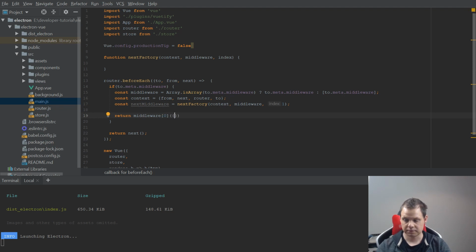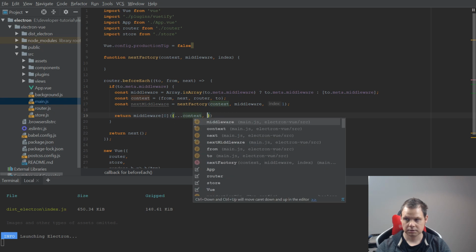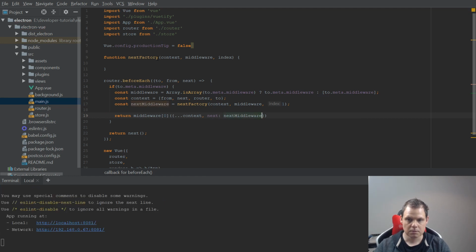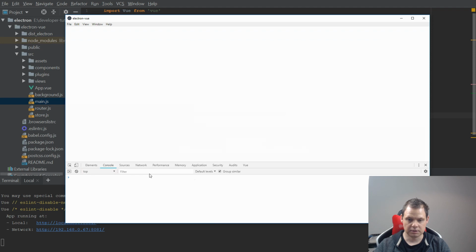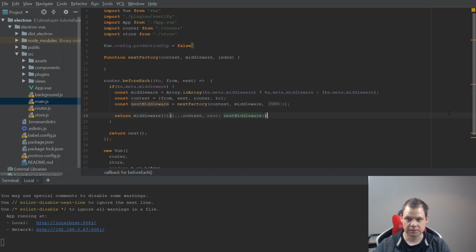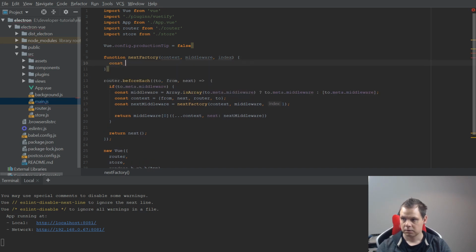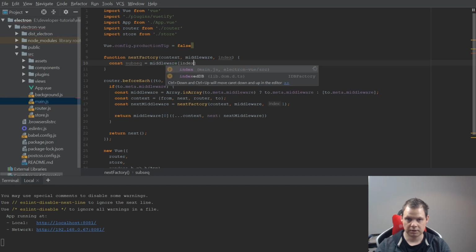In the case of context, the next should be the next middleware. It's here, and you can see we have no errors yet, so that's fine. And up here I want to make a constant. It should be a subsequence is equal to middleware and then the index,